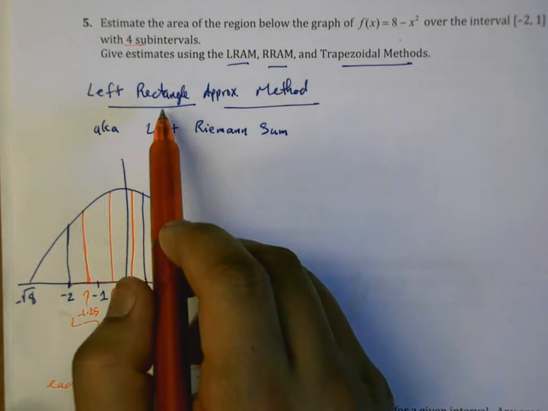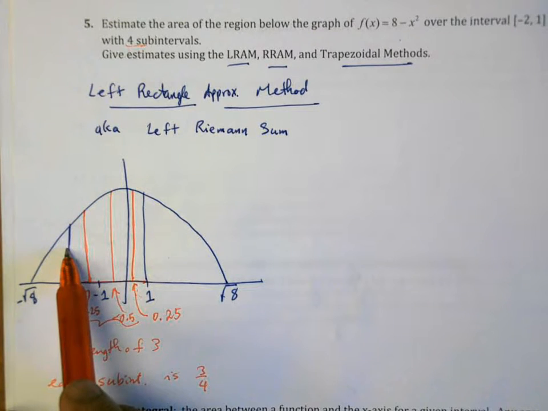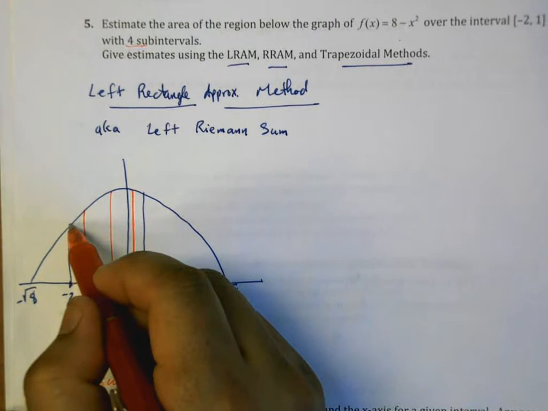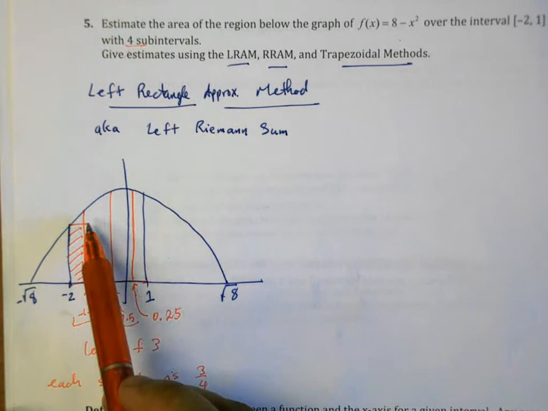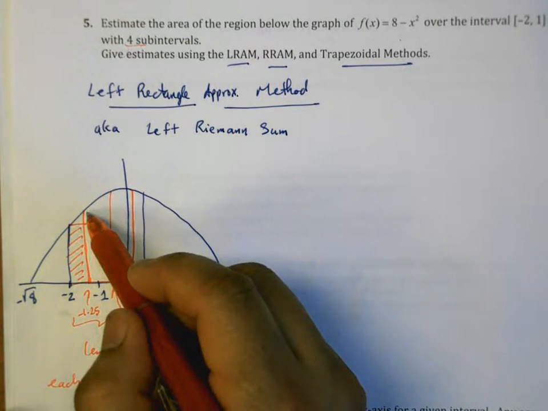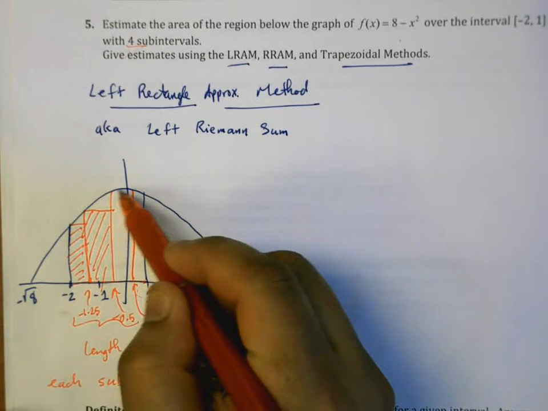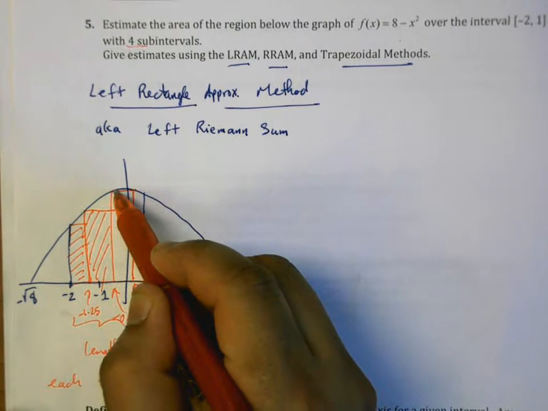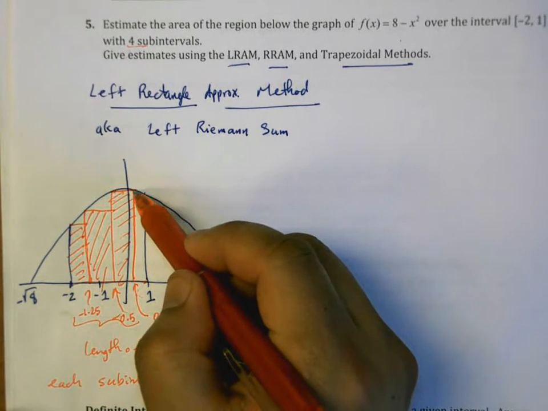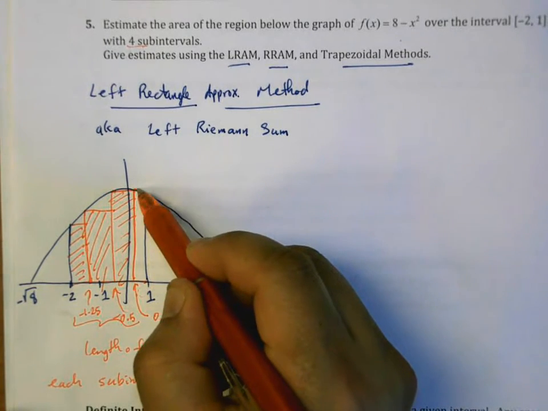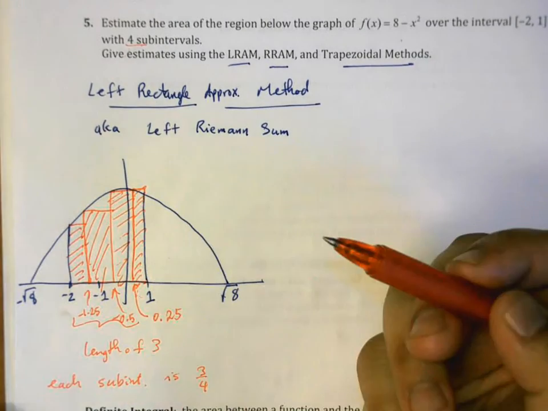And since it says left rectangle, we are going to use, between this height and this height, the leftmost one as the height of our rectangle. Between this one or this one, we're going to pick the left side. And then between this here or here, we're going to use the left side again. Okay, so,